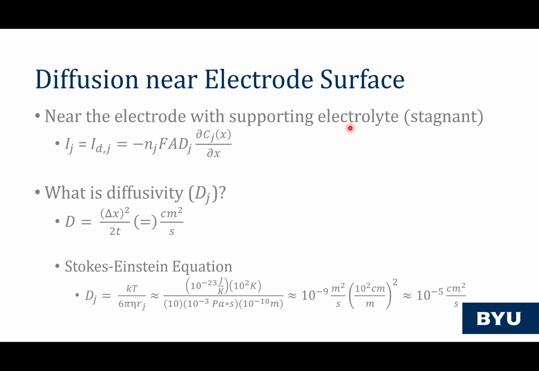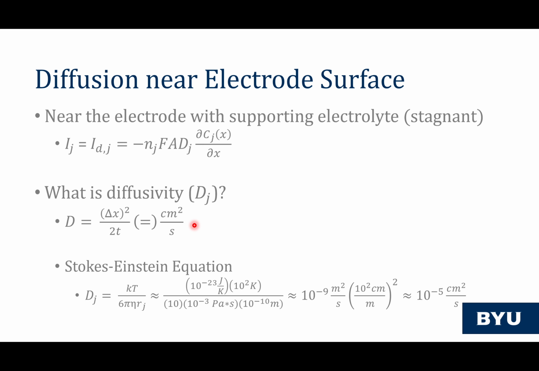So, let's define what the diffusivity is, though. Just an overview, it's how far things are moving in your solution given a certain amount of time. And this term here comes from something called the random walk model that can be fairly easily derived. And what it tells you is that the diffusivity tells us, here we have our change in x. This is about how far things are moving in our solution, and then over 2t. If we do a unit conversion on this, then we're left with centimeters squared per second, and that's the primary